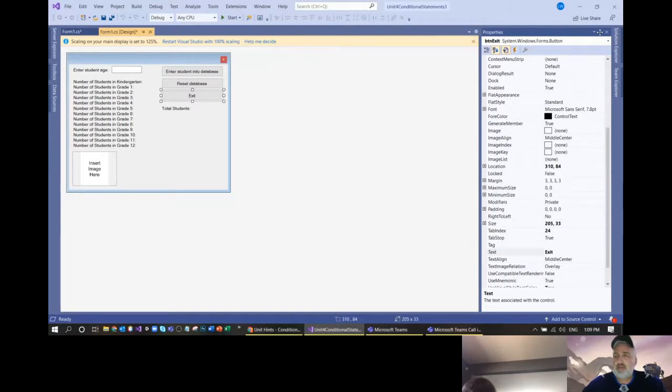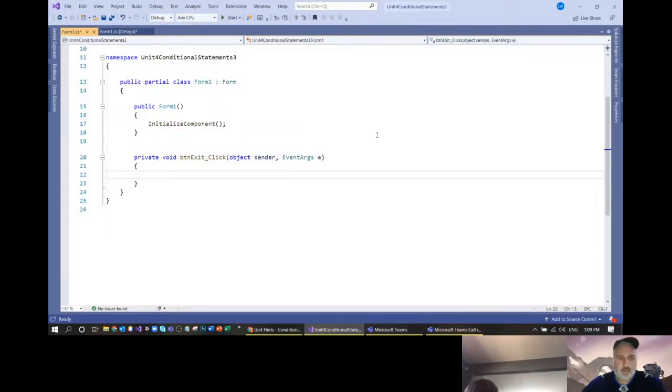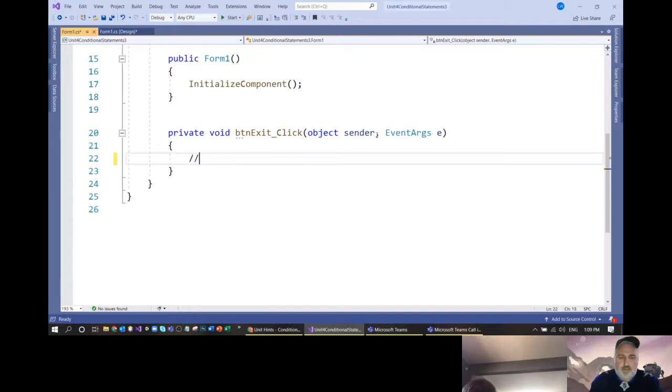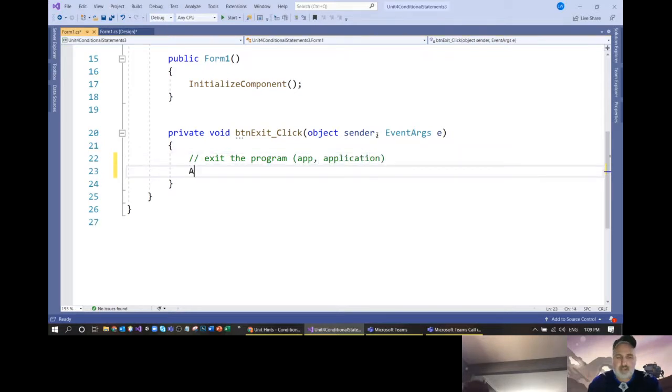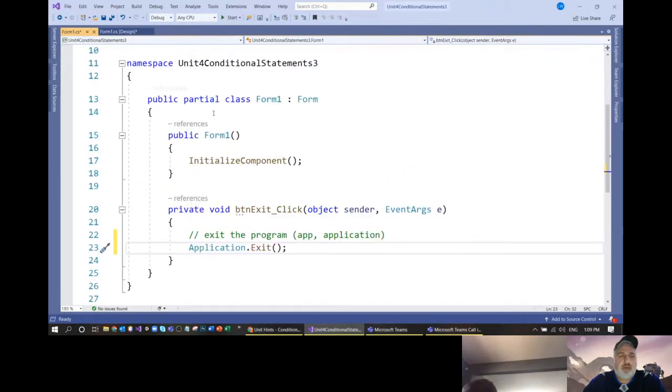Okay, the exit button, obviously, will exit the program, also known as an app or an application. It's Application.Exit. This code was seen all the way back 2 units ago, but that's a real quick, easy way to get that done. Okay, and now that we're in the code, we're going to realize that in this particular problem,